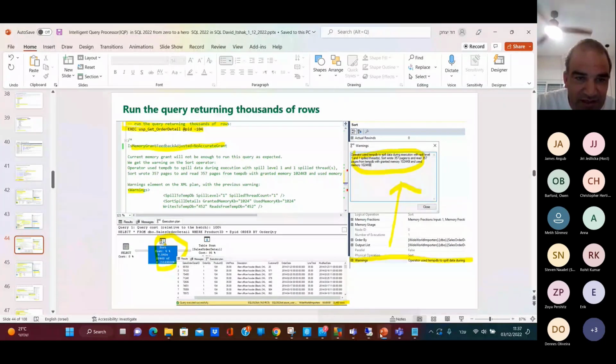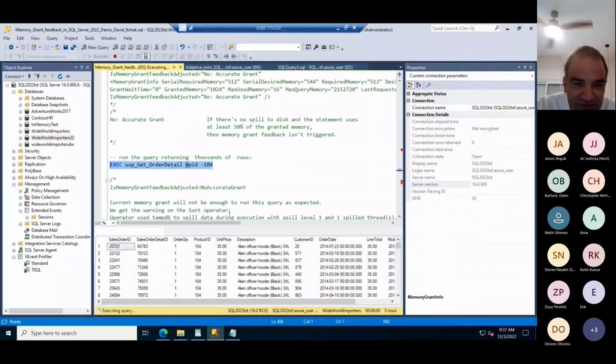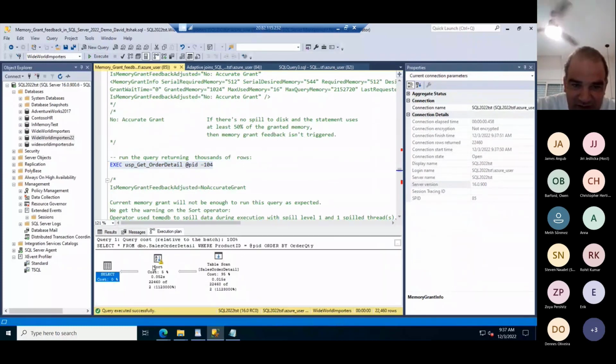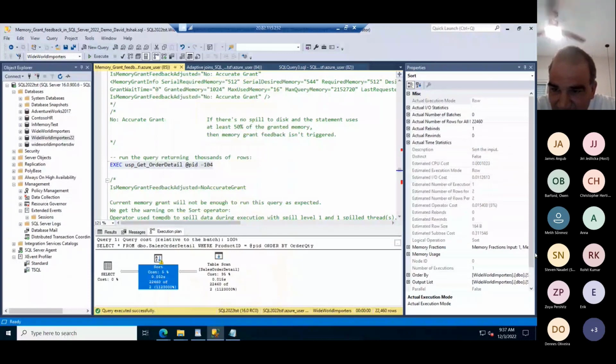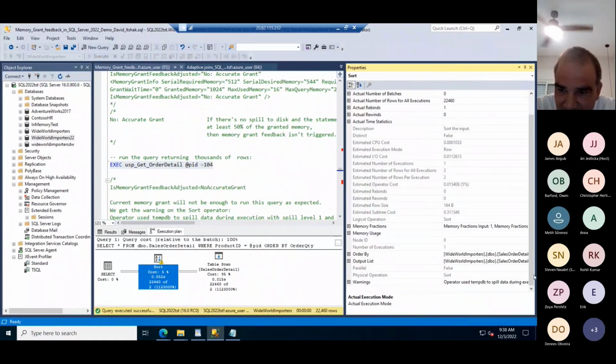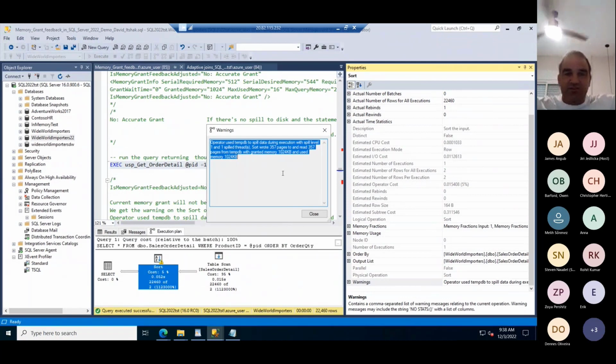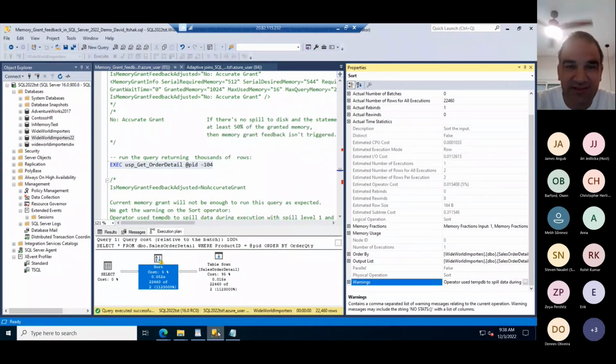and now this query, you can see it here, thousands of rows, execute. So you can see the red sign here. You can see the warning here. Just a minute. Here's the warning. Operator used 10dB. Okay, but